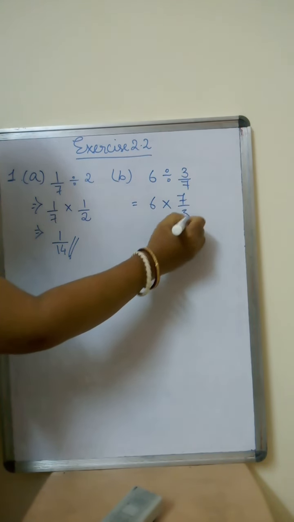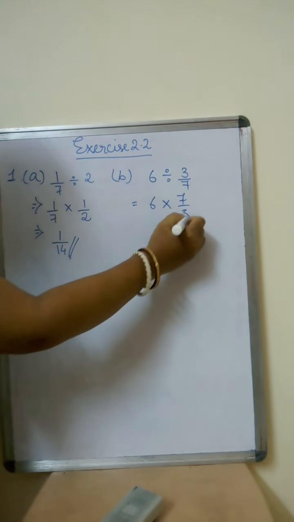Right? Next we come to number F. What is given there in number F? Number F is given as 3 6 by 7 divided by 3. Right? So we convert this mixed fraction into regular fraction. 7 3s are 21 plus 6 is 27. 27 by 7 into 1 by 3. So 3 9s are 27. So how much we get? We get the answer 9 by 7.